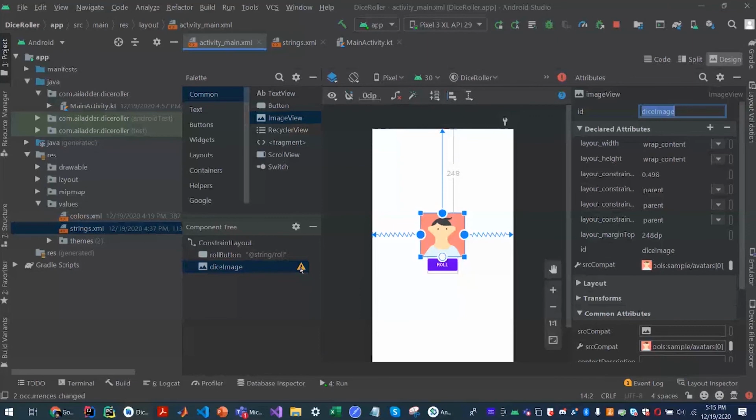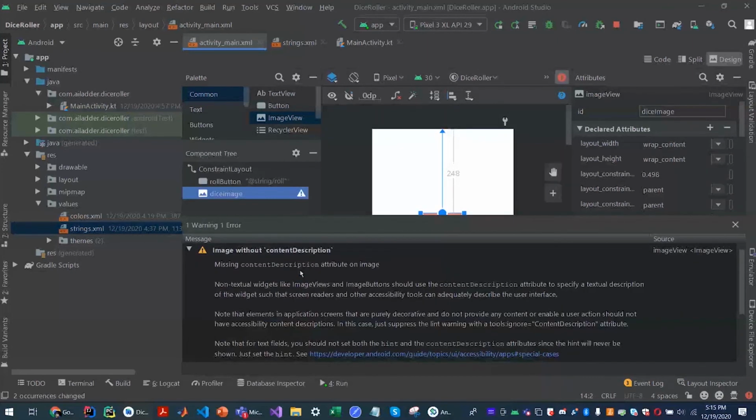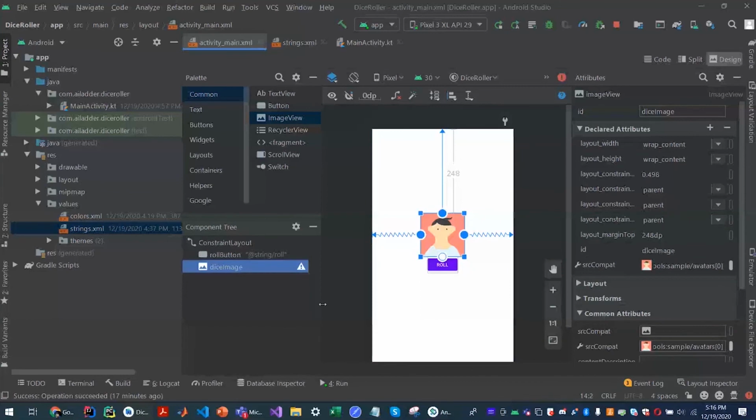Yeah, so the warning it's throwing here is called missing content description attribute, which basically means that for certain phones, you have screen readers, right? If the image doesn't appear or isn't there, it'll read it out. Or even if you're going through some document with a screen reader, it'll read the text, and if it comes across an image, normally what we do is set a description for the image. Since it can't read an image, it will read the description. That's the error it's giving us here. We can ignore it for now. It's not too much of an issue.